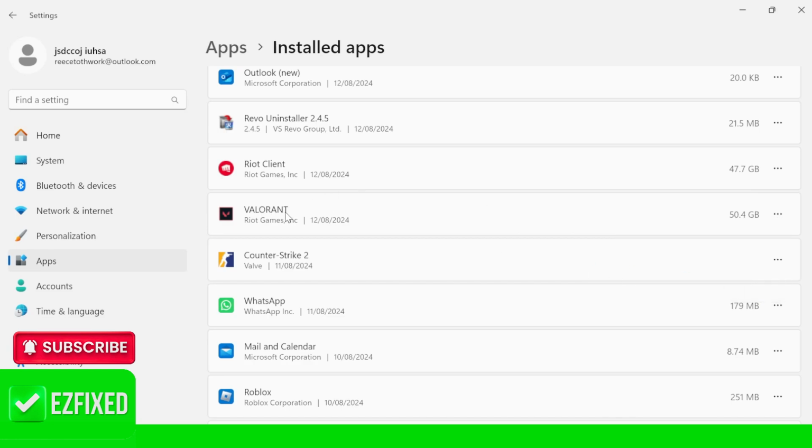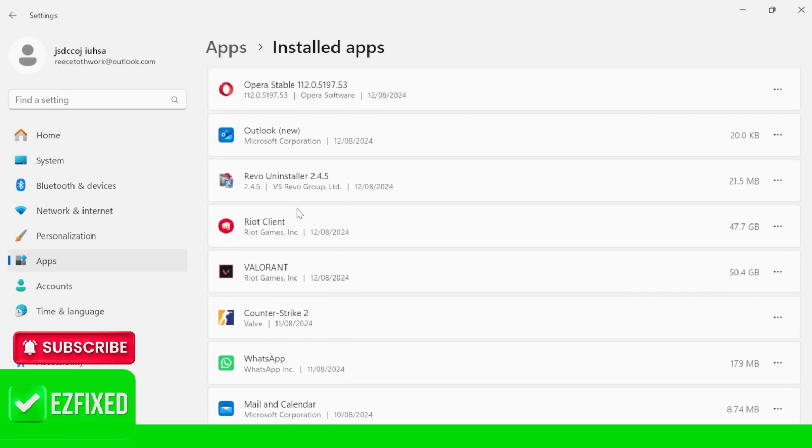Now, hopefully you'll be able to uninstall the Valorant app, and if you can then go ahead and try uninstalling the Riot client just by coming over to these three dots and hitting Uninstall. But you need to uninstall Valorant before you can uninstall the Riot client. Now, if that doesn't work, like it doesn't work for me, then what we can do instead is close out